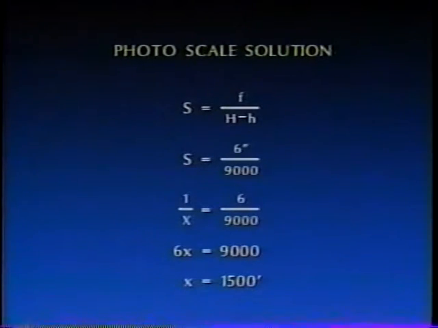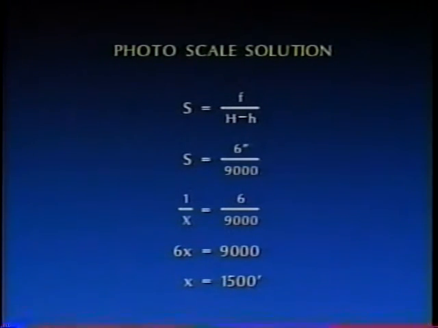Since h minus small h equals 9,000, we can determine the answer to 1F by using the scale formula S equals F over h minus small h, or S equals 6 inches over 9,000 feet, or 1 over x equals 6 over 9,000, or 6x equals 9,000, or x equals 1,500. The answer to 1F, the negative scale, is 1 inch equals 1,500 feet, or as a ratio,